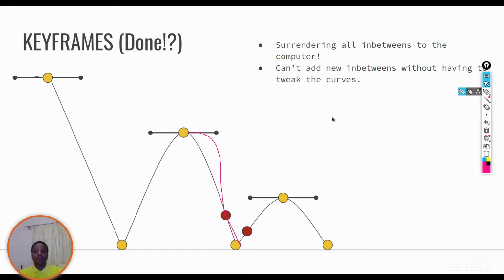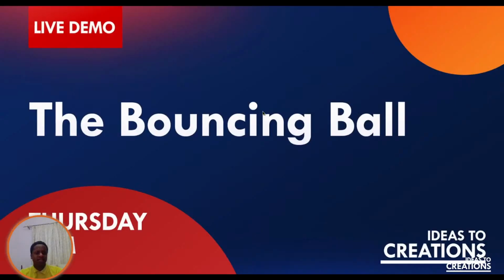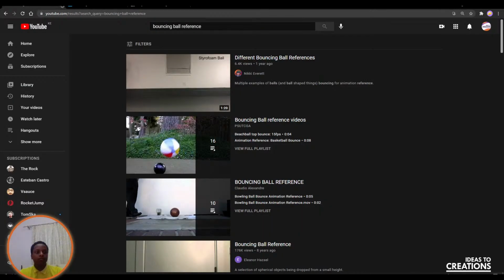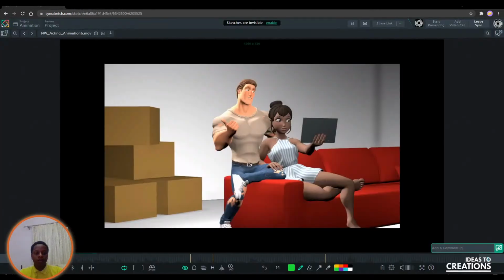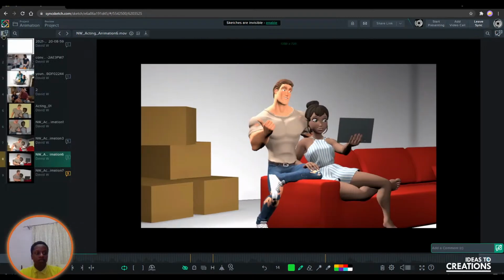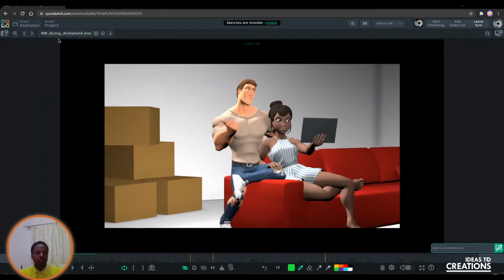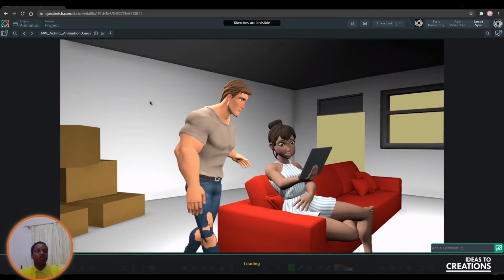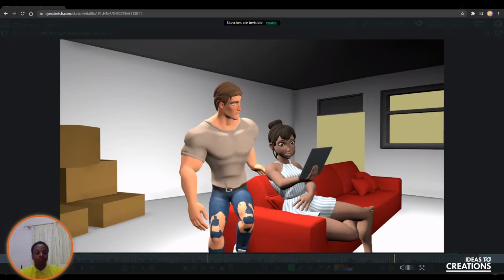So just to give one last look at exactly why in-betweens and keyframes are so important, let's take a look at a character shot. This is something I'm working on right now. Let's see. Is this the one? Yes. No. Is this the one? Yes. So when we're doing an animation, we talked about how you first do blocking and then you do keyframes and then in-betweens. So this is an example of